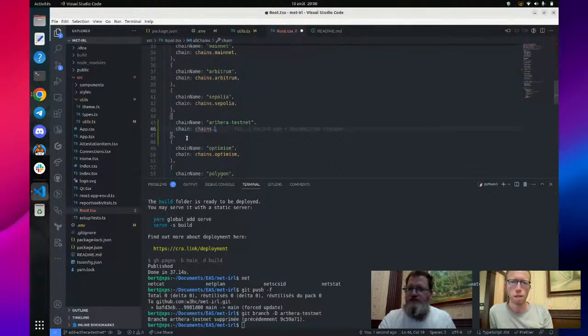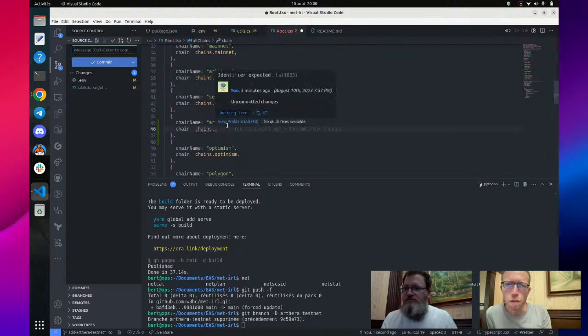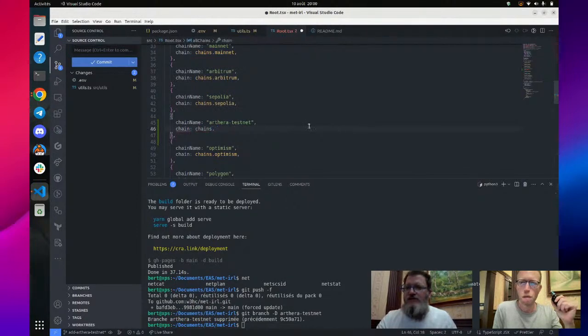Right, please. Okay, so I remove all of this. Yeah, it was Sepolia. You leave it. No, not all of this, just this. But you cannot tell that the chain is Sepolia when the chain name is Arthera testnet. That's not consistent. So I remove it for now, and we'll see. But then you will not find the chain name that we put there,